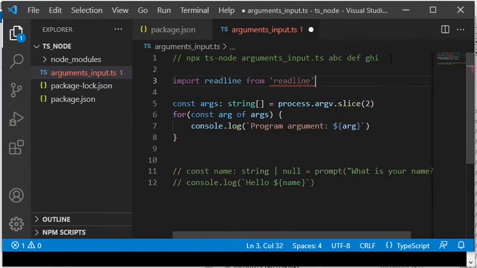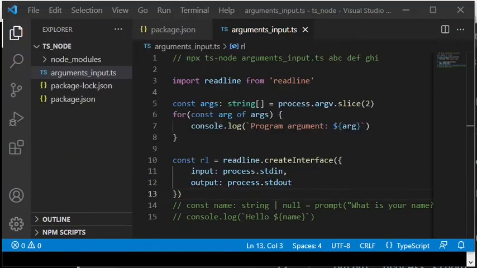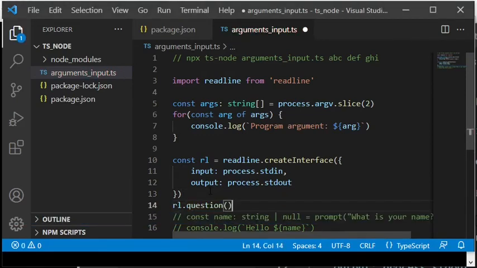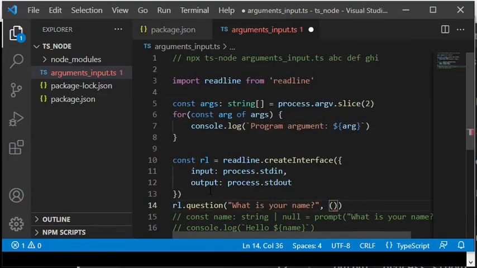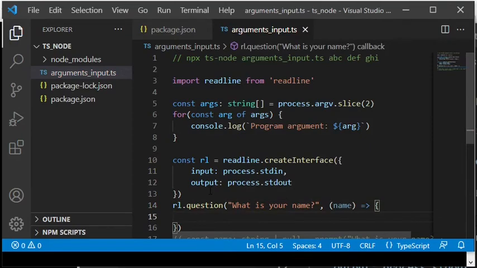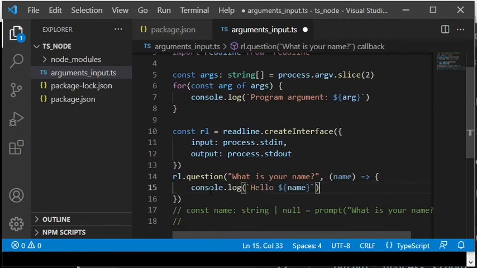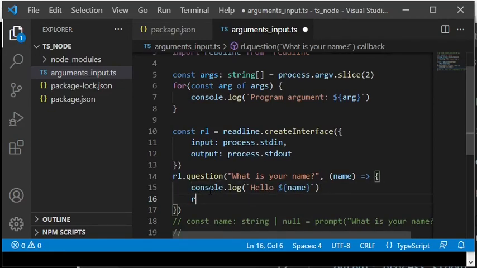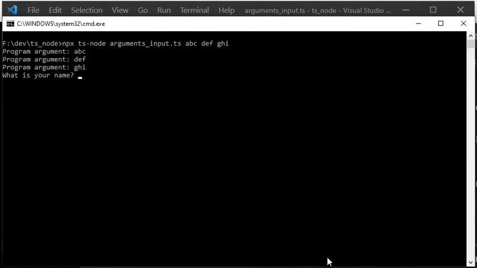First I import readline. Then I use the readline method createInterface with the 2 arguments standard input and standard output. The returned object provides a method question, which is somewhat similar to the Deno function prompt, but instead of returning the text that the user typed, it takes a second parameter, which is a callback function, which will receive the typed text as callback argument. After printing the name from within the callback function by using the method console.log, I also close the object. When I try to execute this Node program, it works as expected.